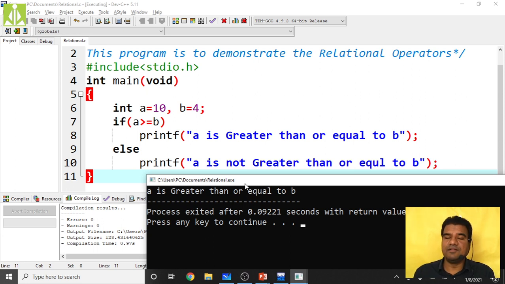See, if I am going very fast and you are unable to sync with me, I suggest you use the pause button on YouTube. We have pause buttons. There you can see each and every statement, how I am doing it, and each and every instruction, how I am explaining, because time is a constraint for us.